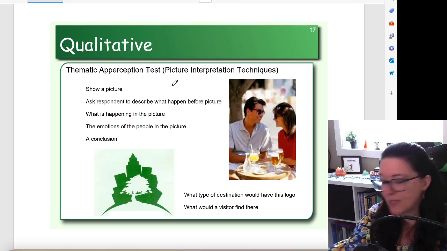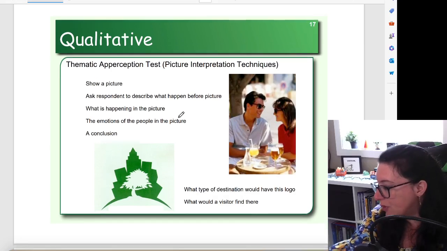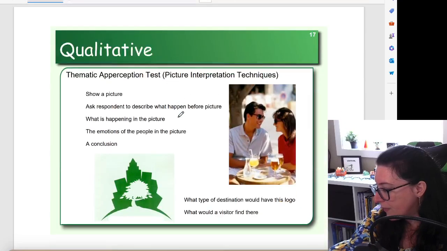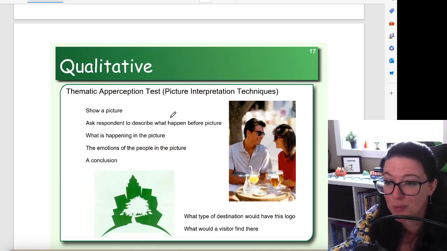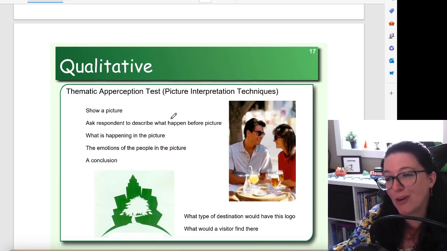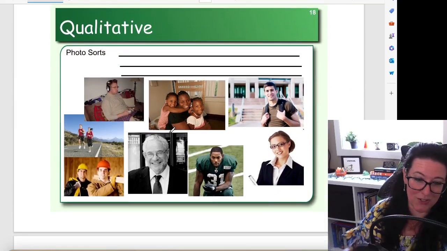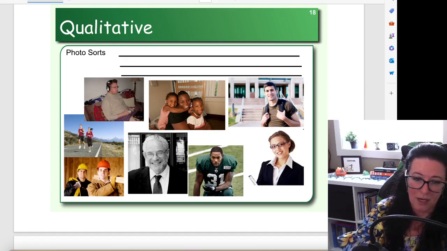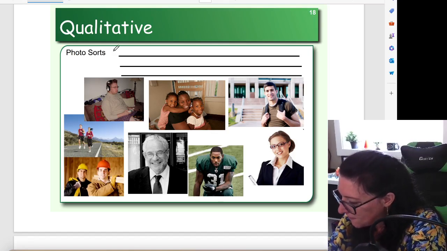So thematic apperception tests are one of the more popular ones in terms of these projection tests. And then as we were talking about before, right, photo voice is instead of the researcher providing the picture, you have the participant provide the picture. We can also give you lots of pictures. So photo sort is where the respondent